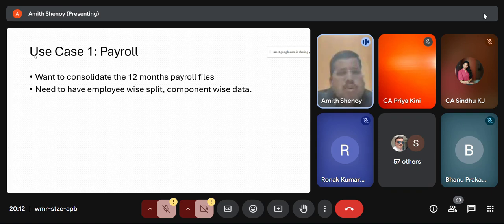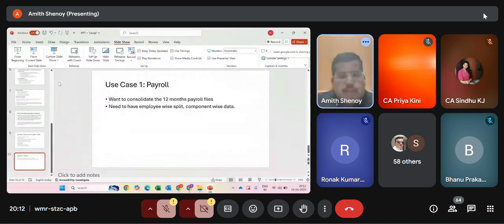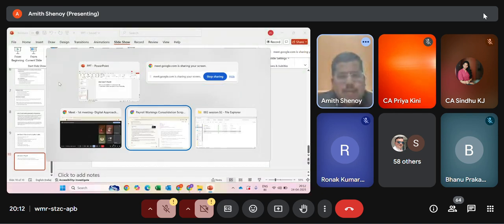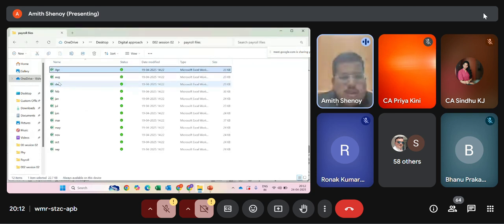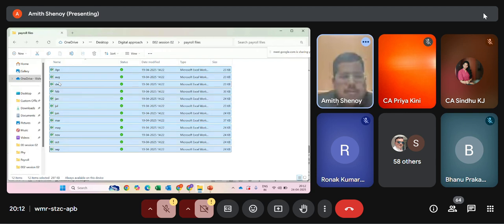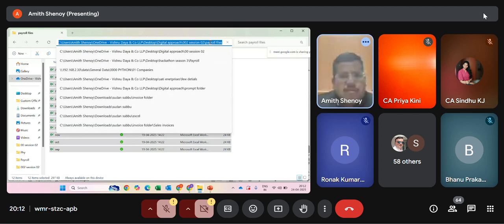For example, now in our use case, we have got 12 months standalone payroll files. Then we want to generate some high level reports. For this use case, I will give you the practical demonstration now. For example, now these are the 12 monthly payroll files, standalone files. I will take its path